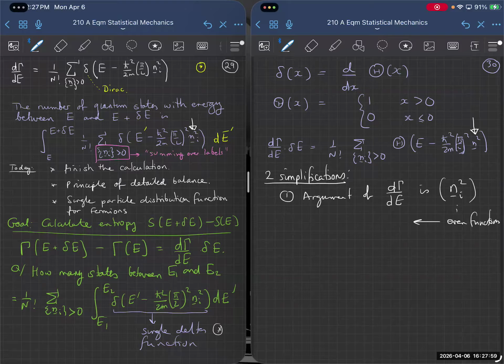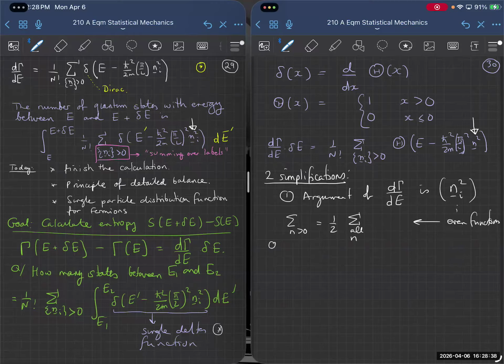the sum over n greater than 0 is equal to 1/2 the sum over all n. Because I'm summing over positive ones, I'm going to ignore the one when n is equal to 0, because when n is equal to 0, it gives you 0 in any case. So as long as I'm looking at energy equals 0, I can just say that summing over n being positive is the same as summing over n from minus infinity to plus infinity. So that's the first simplification,